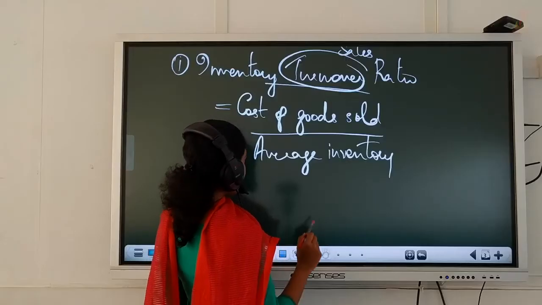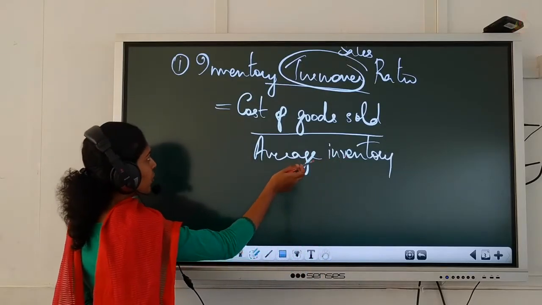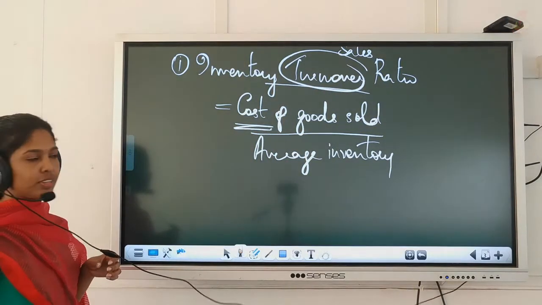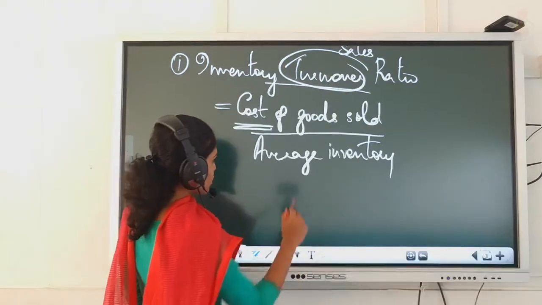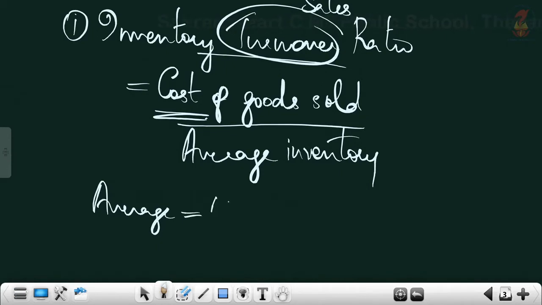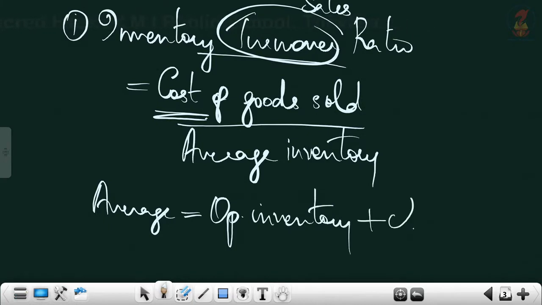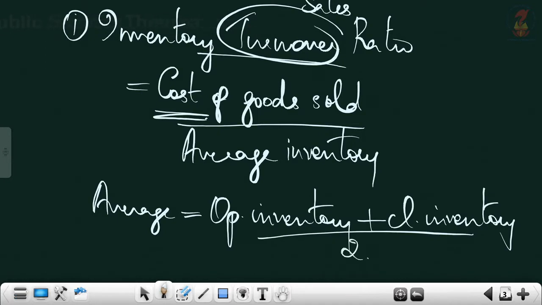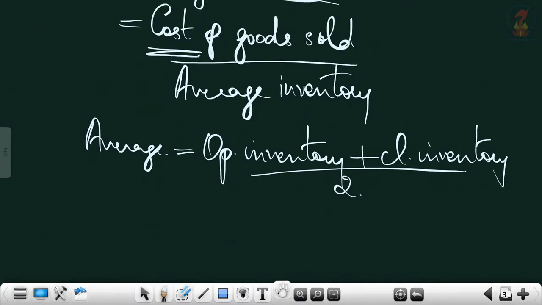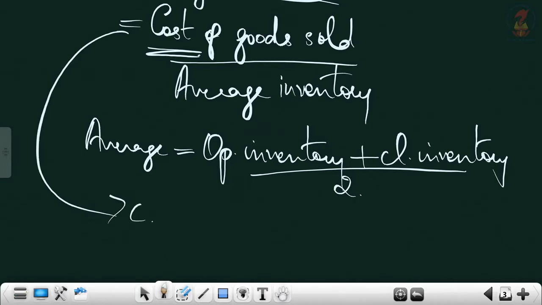So here we are analyzing how easily you can convert your inventory into sales, and for this the numerator must be cost of goods sold, which is an expense, divided by average inventory. How will you compute average of something? As usual, average will be total divided by number, and here it is opening inventory plus closing inventory divided by 2. Now opening inventory means inventory at the beginning of the year, and closing inventory means inventory at the end of the year. Cost of goods sold formula is